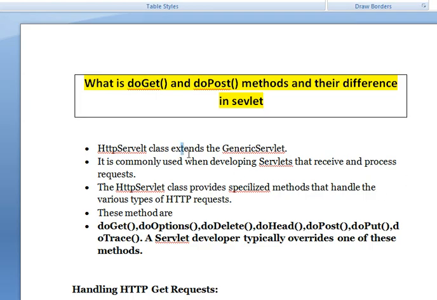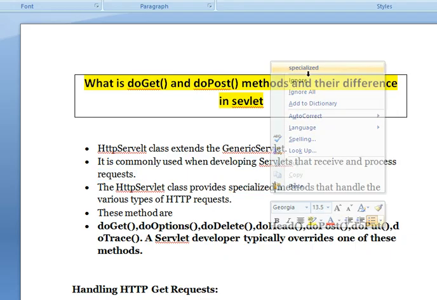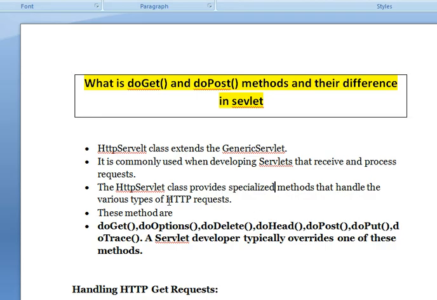Okay, HttpServlet class extends the GenericServlet. It is commonly used when developing servlets that receive and process requests. The HttpServlet class provides specialized methods that handle the various types of HTTP requests.